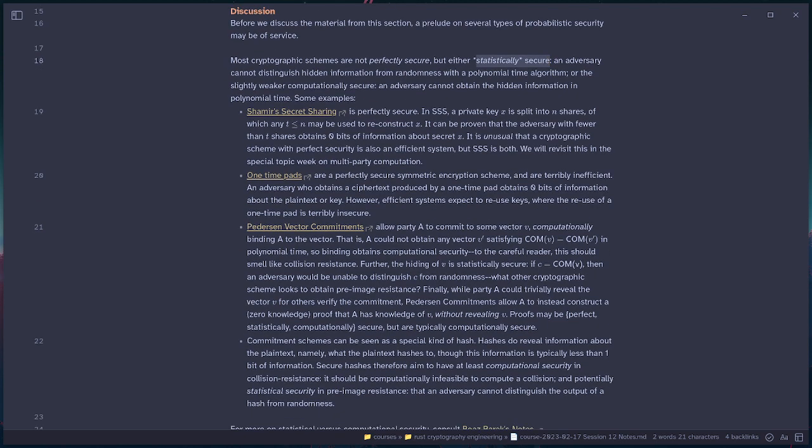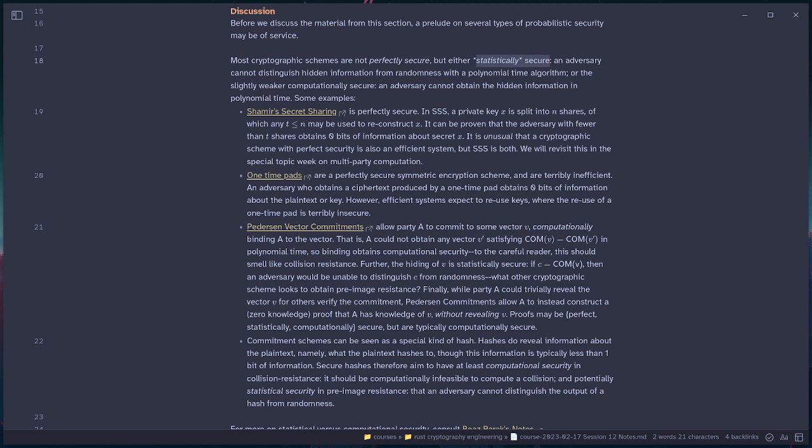A good example of perfect security that is not efficient is the one-time pad, where often we want to use a key of, say, 1024 bits for up to 2 to the 32 bits of message encryption. So the ratio there on key expansion is pretty good for asymmetric and symmetric encryption algorithms, whereas with one-time pads, you need a 1-to-1 ratio between your key and your message length, which is